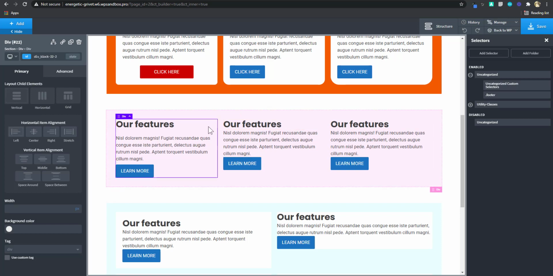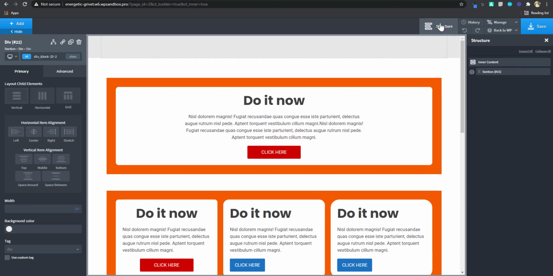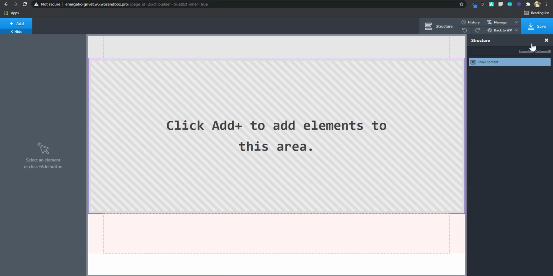Okay, so now that we have finished setting up our utility classes, what next? How do you move all these from here to another installation? First of all, you might want to just delete all this, since we have finished setting them up, we don't need all this design. We're using them to set up our classes. So I'm gonna delete this and then save,